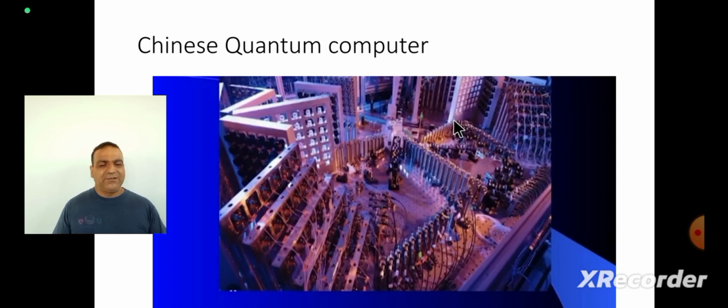So they are not dependent on keeping the temperature of the whole system very close to absolute zero. This can execute at room temperature. But you can see the photograph itself showing how complex the design of a quantum computer is